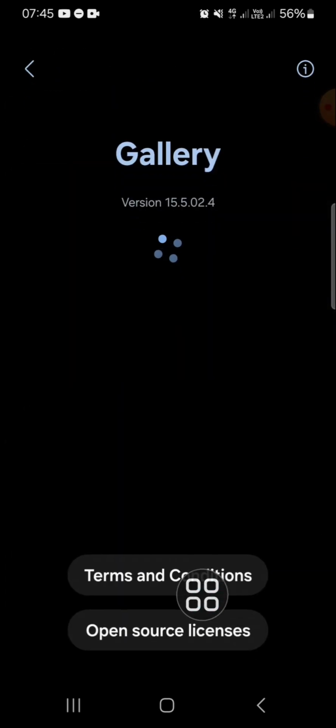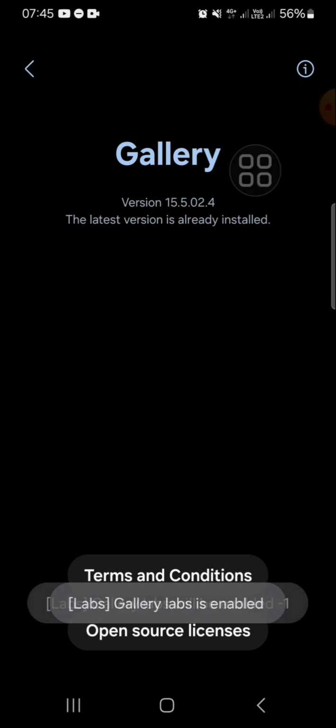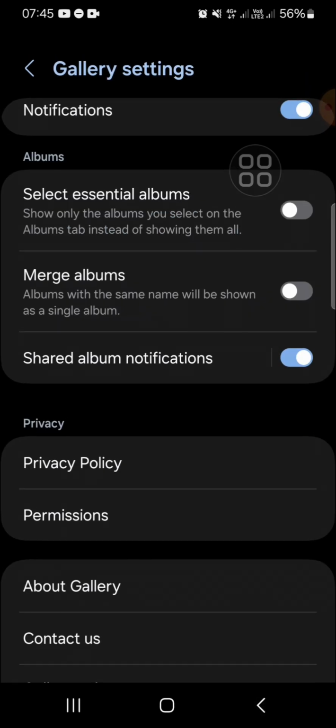Select this option, and to activate the Gallery Labs feature, we need to tap on the version 10 times until the Gallery Labs is activated. And I'm going to demonstrate it to you. 1, 2, 3, 4, 5, 6, 7, 8, 9, 10. Okay, and now the Gallery Labs feature is enabled, and I'm going to go back to the gallery setting, and